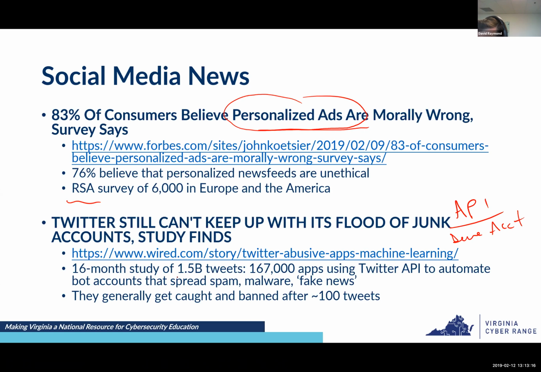But this story was a 16-month study, conducted recently, so it ended recently, looking at 1.5 billion tweets, and this was done by security researchers, people at a college. I don't remember what the school was, but if you go to this story on wired.com, you can get more information about it. But what they found was